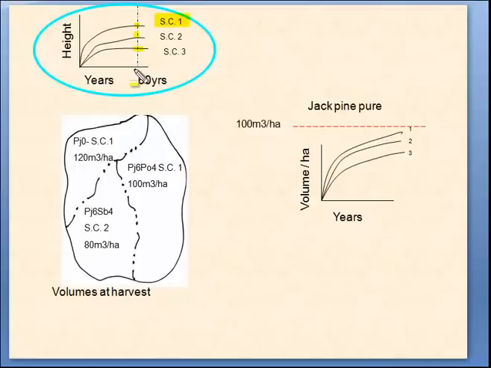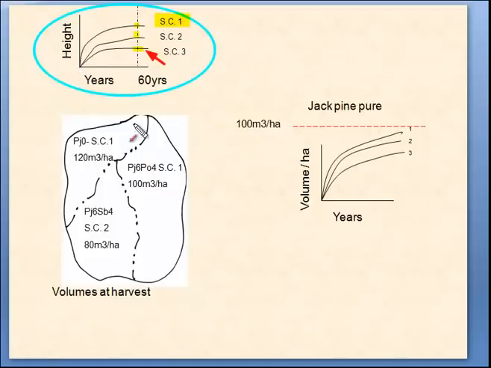you'll note that the height is different for the very same aged trees. The reason being that the actual site has poor growing conditions the lower the graph. So a site class 3 jack pine stand would be a slower growing, poorer growing area compared to a site class 1. So that's called a site class index. So site class 1, 2, 3. So that's based on height.